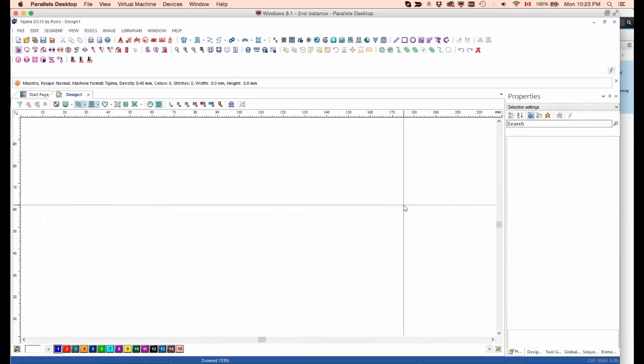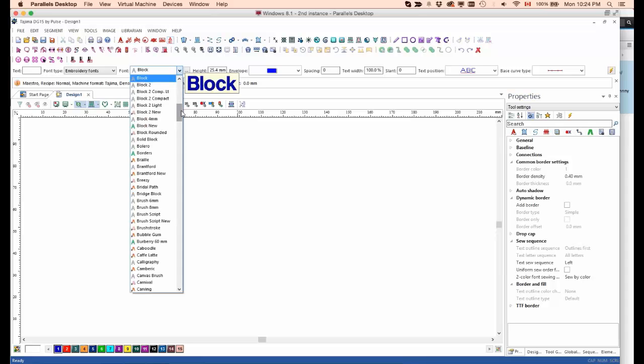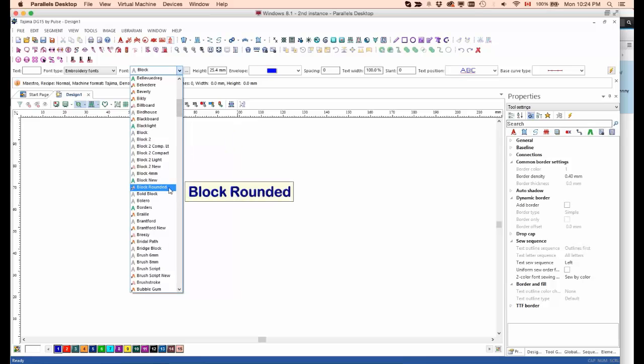All right, so let's move on to the next topic, which is vertical lettering. So you may notice, if you're using DG15, you may notice here where you have the text tools, there is a new symbol here, which is this one here called vertical. That's the vertical text tool. So let's make a couple of examples with this vertical text tool, and let's choose a font called maybe Block Rounded,